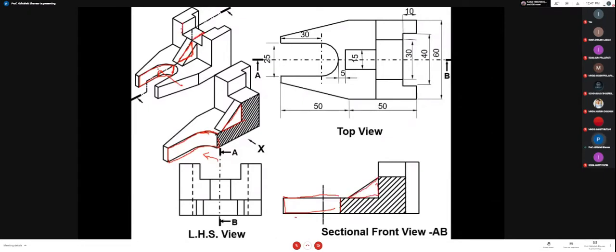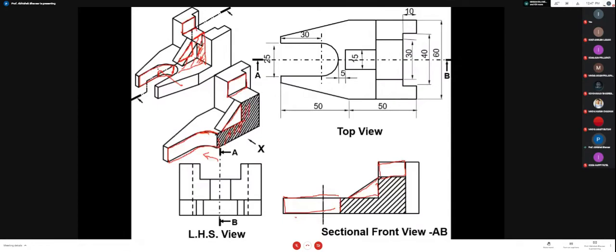As it's directly visible, this is a rectangular portion. It is directly visible if I want to cut it, so now no hidden line will be seen over here. That's why I'm going to draw it directly. See, this is drawn directly. If I am cutting it from here, some material will be there. Here it has a particular depth, so below it, it has particular material. That's why the material is drawn over here.